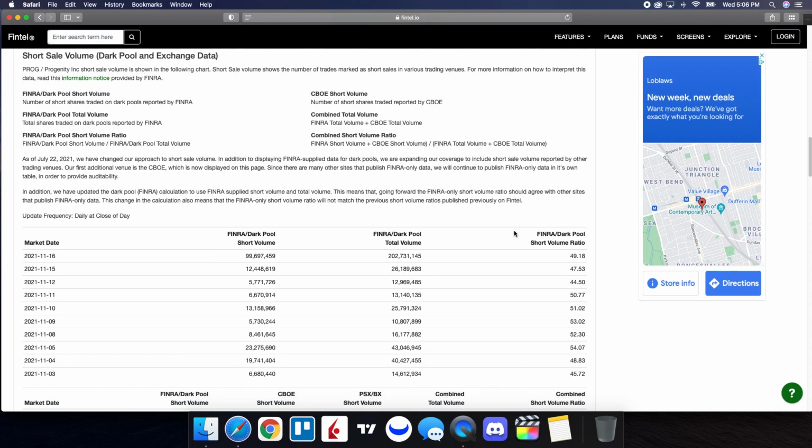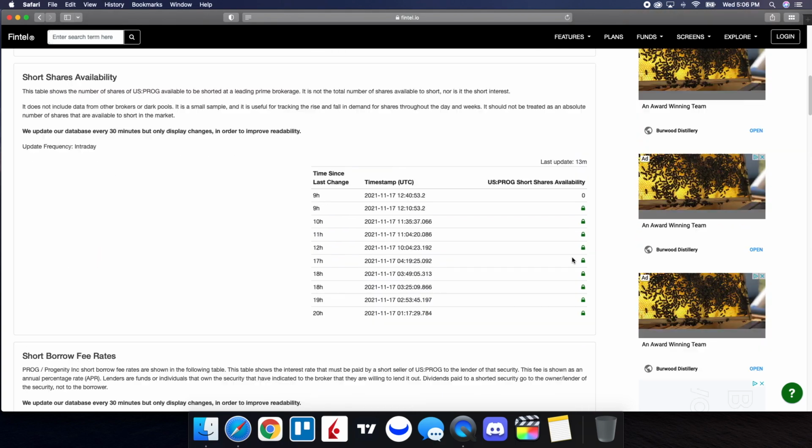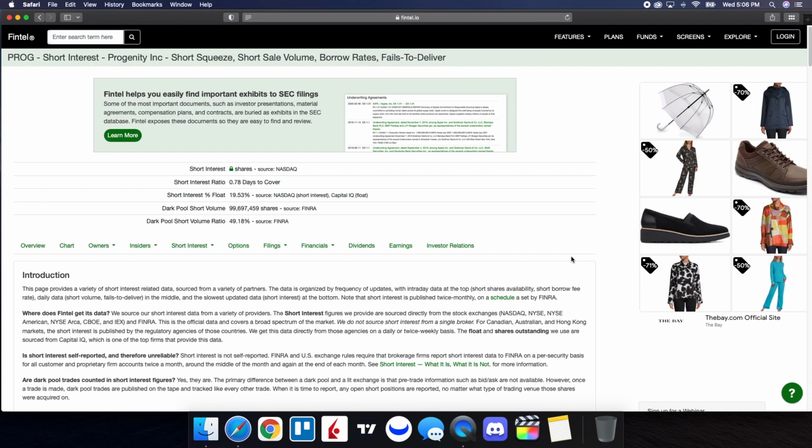Now, when we take a look at the history of the short volume ratio, we can see for the close on November the 15th, it was at 47.53. And then for the close yesterday, which was the 16th, being at 49.18. So one thing that continues to be clear, PROG does have short squeeze potential, and it's part of the